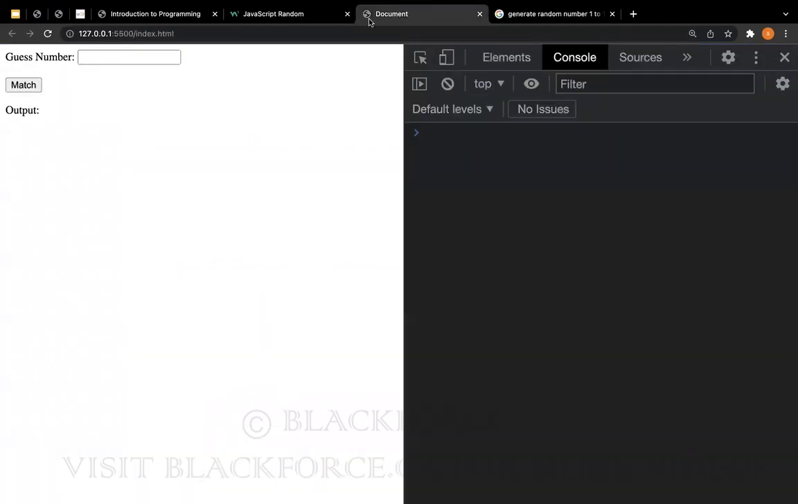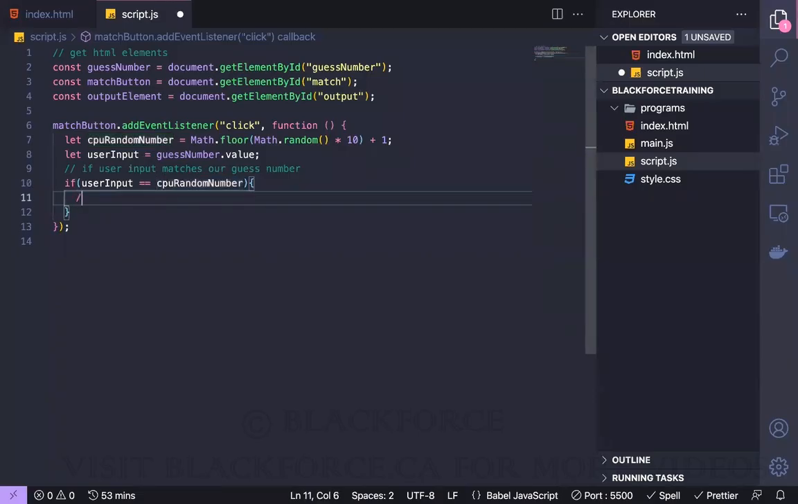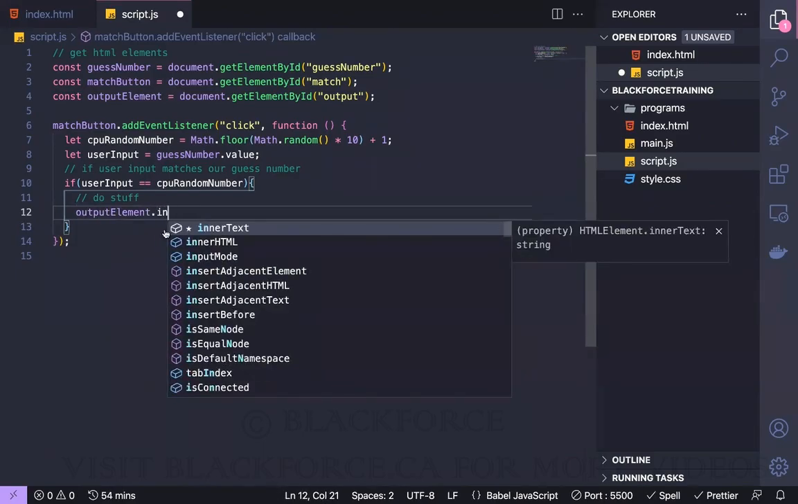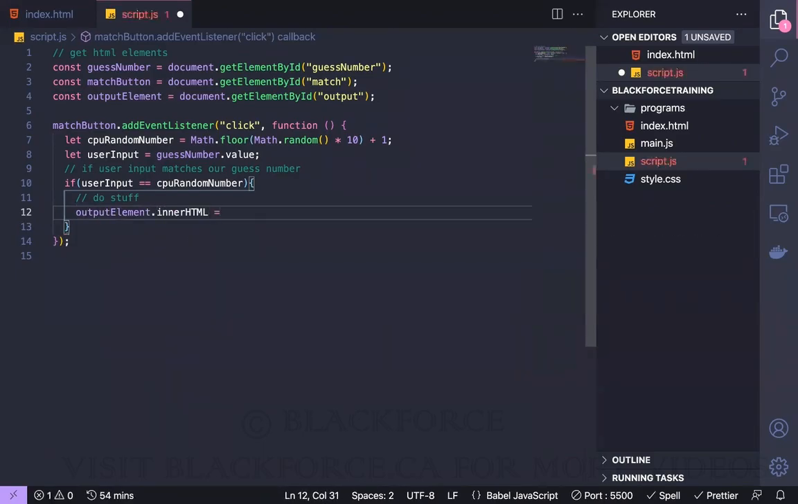Okay, so our program, we have an invisible field with an output where we can manipulate it with the DOM, right? So previously, I might just do stuff here, right? So right now we are going to actually do stuff. So if the user input matches the random number, I want to display a good work text, right? So remember we have an output element. I'll just say output element dot inner HTML equals to